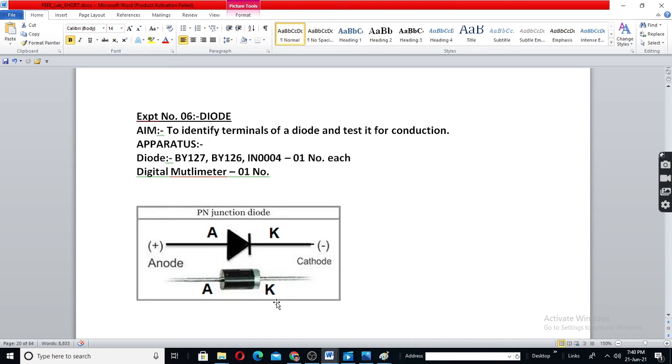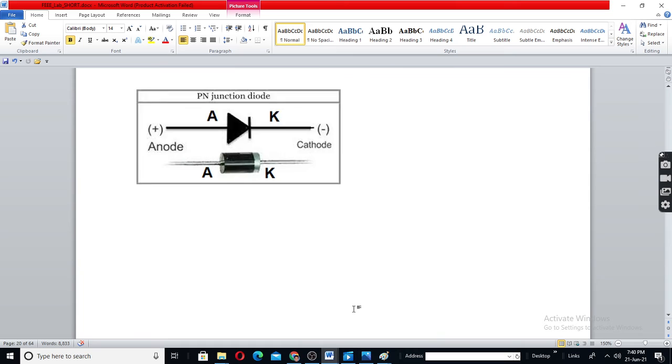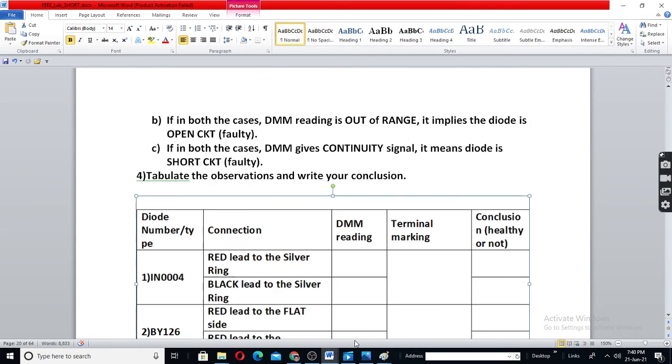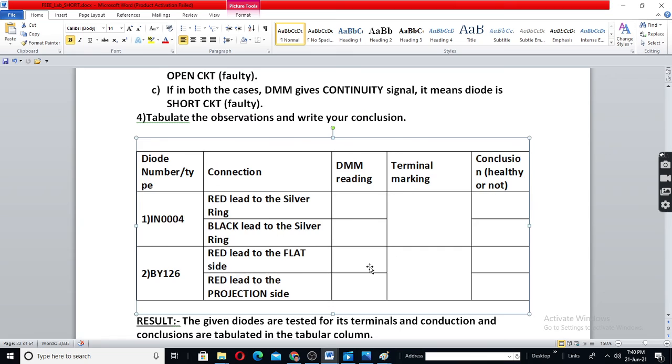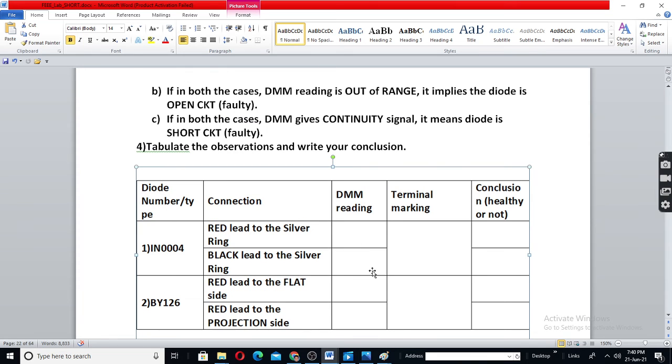So the diode will be forward biased and we will get a finite reading. So if the diode is healthy, in this case you will get out of range, that is, it will show the left digit one. Here it will show a reading.